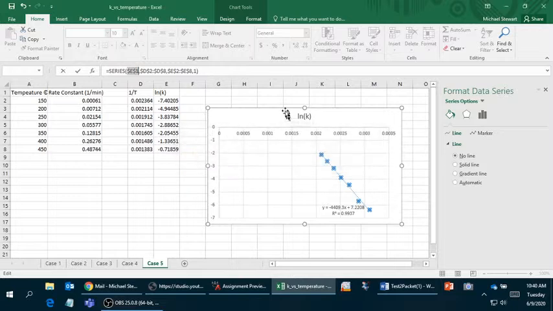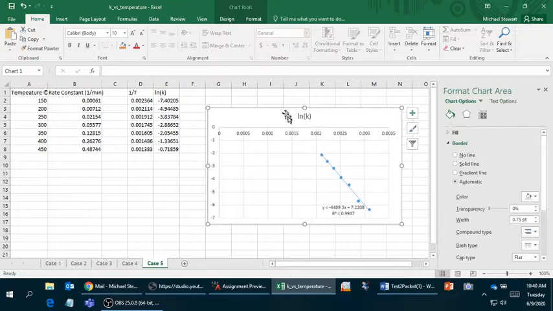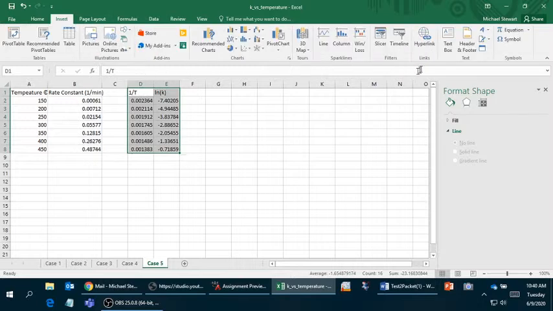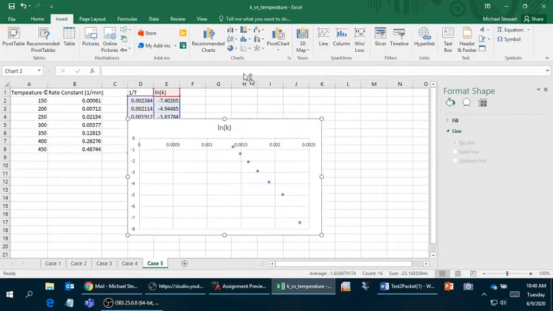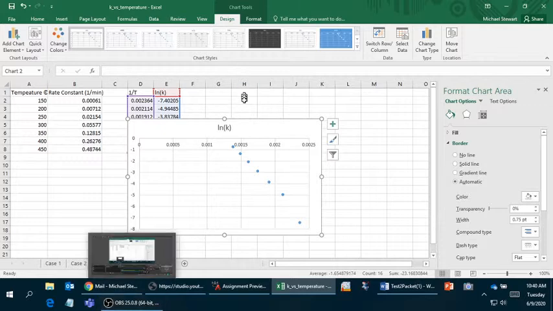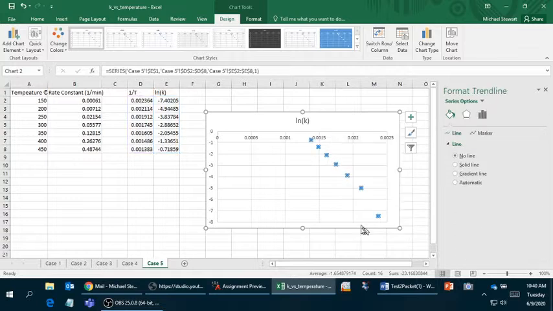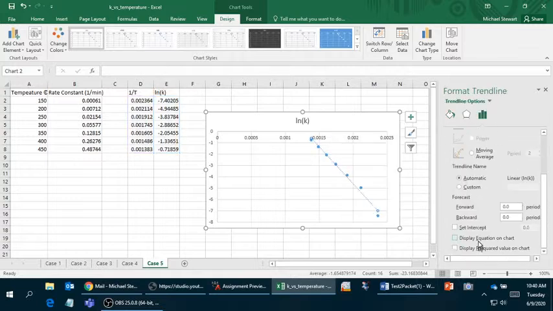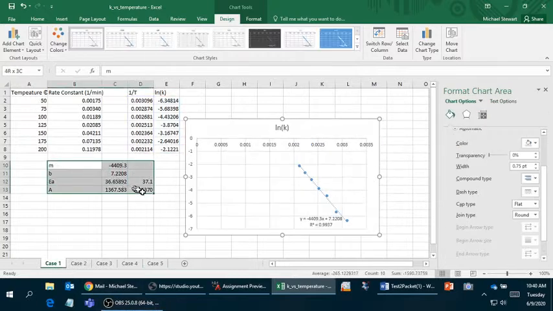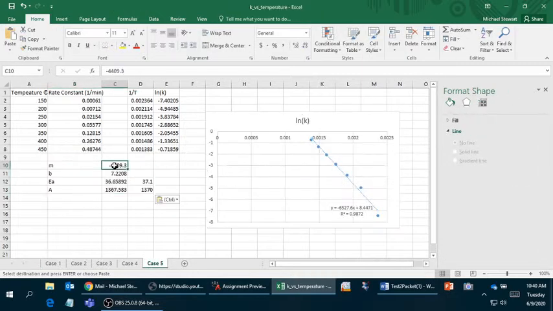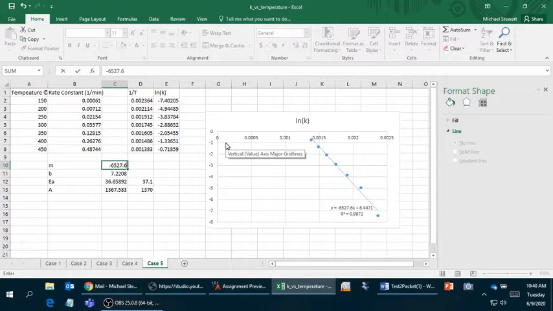Okay. So we need a minute to generate the plot. Add the trend line. And I can just do the same analysis I did before. So I just need to know the slope and the y-intercept. Slope here is minus 6527.6